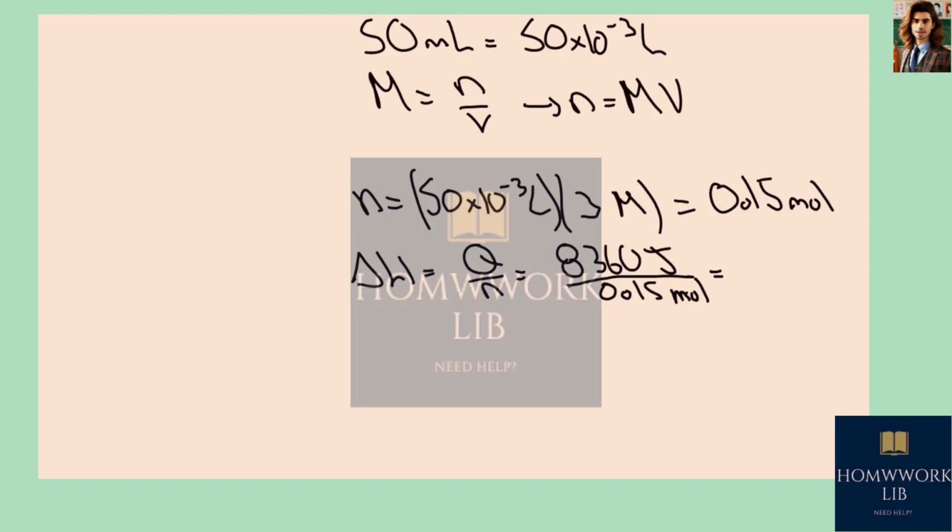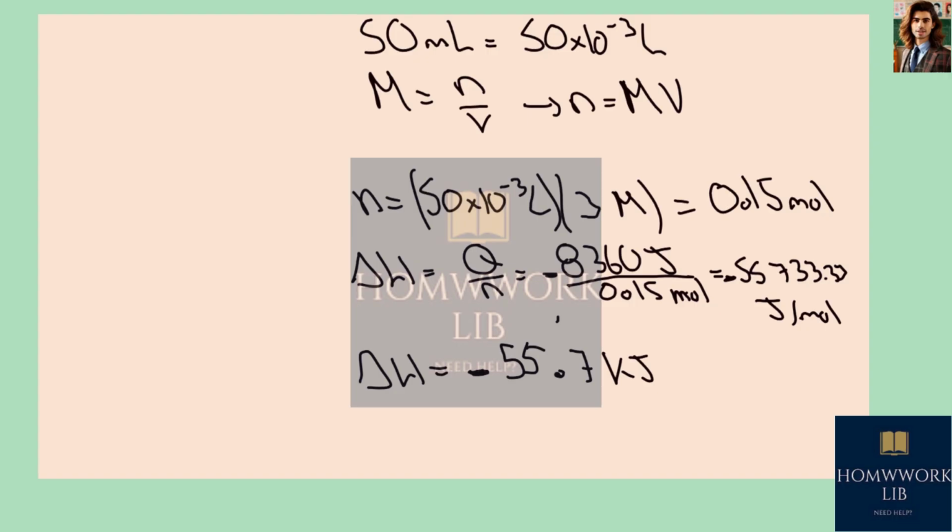So we get 55,733.33 joules per mole, which is equal to, of course, in this case, since the temperature increased, the delta H needs to be negative. So let's put the negative on both over here. So the delta H is going to be 55.7 kilojoules per mole,